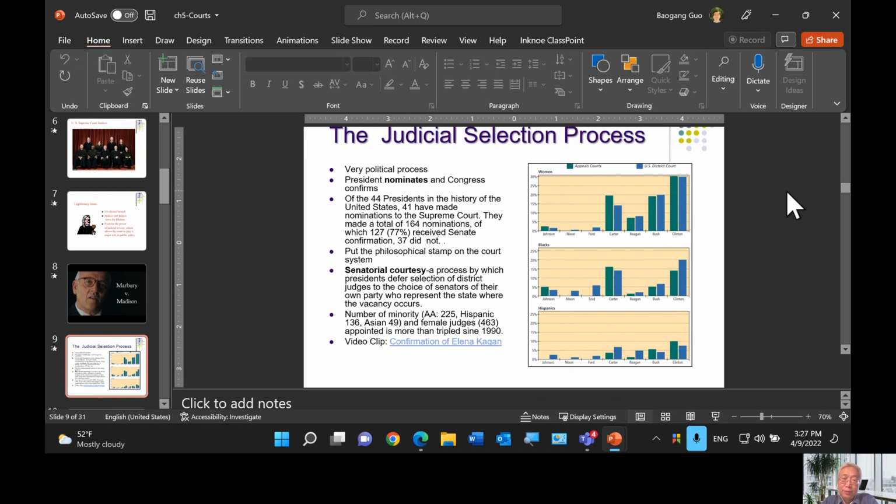If a vacancy happens in a district court in a state where the senators are Republicans, you can be sure President Biden will not offer senatorial courtesy, will not yield that nomination decision to those two senators from that state. So the use of senatorial courtesy is conditional, based upon partisanship.